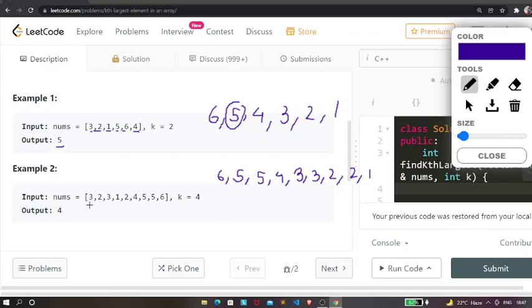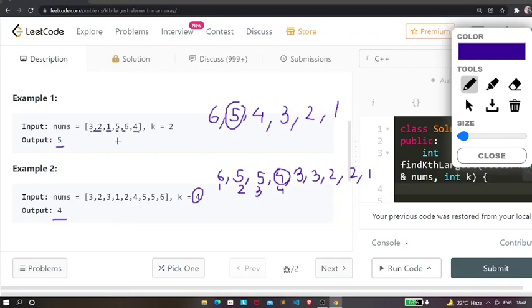So this is the array. I hope I have written it correctly. Let me count the number of elements: 1, 2, 3, 4, 5, 6, 7, 8, 9. Yes, it's correct. So we need to find the fourth largest element. This is the first, this is the second, this is the third largest element, and hence this is the fourth, and this is going to be our answer. So we have got 4 as our answer.